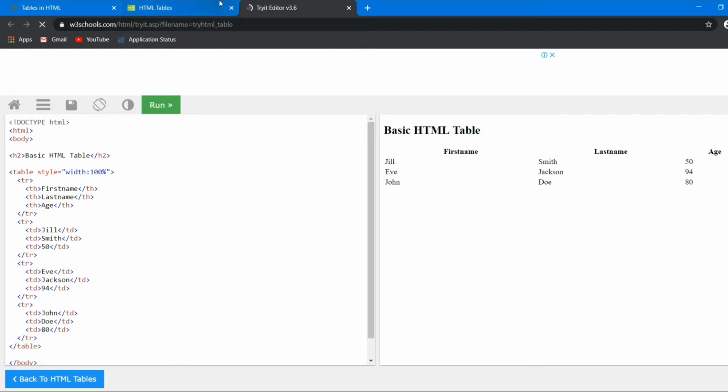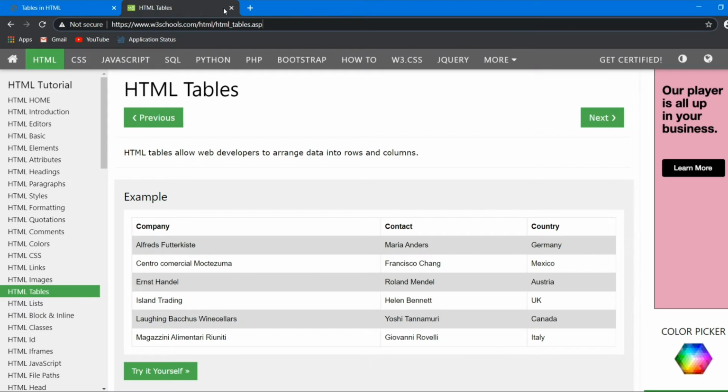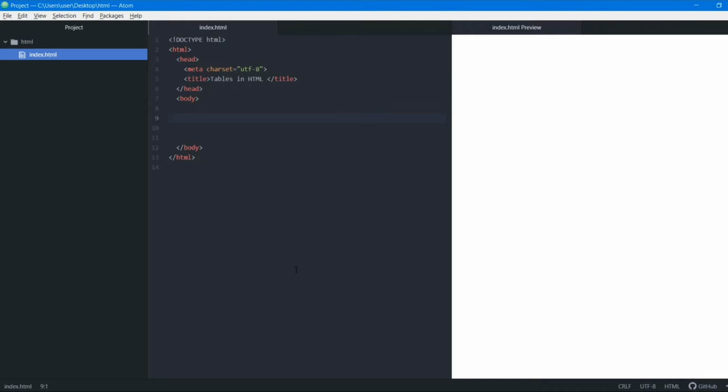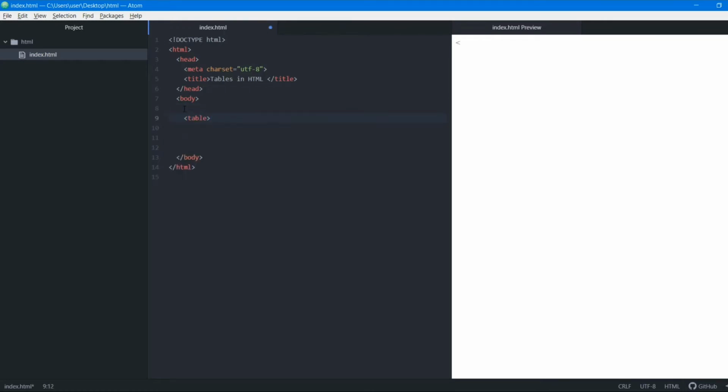So now we are going to try to create an HTML table for the things that we've already learned. In creating a website, we created an HTML website and we wrote a resume about ourselves, in which we added a skills section where we wrote how good we are at particular things. Now the first thing that we'll do here is add a table tag. Okay, and we'll close this table tag as soon as we open it.